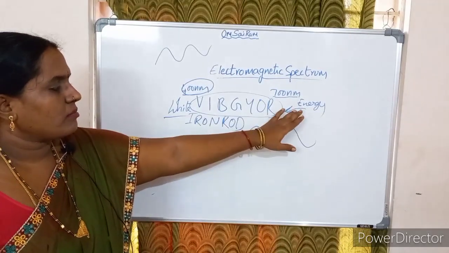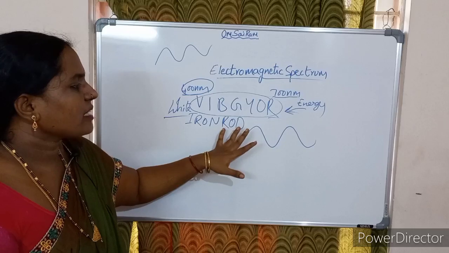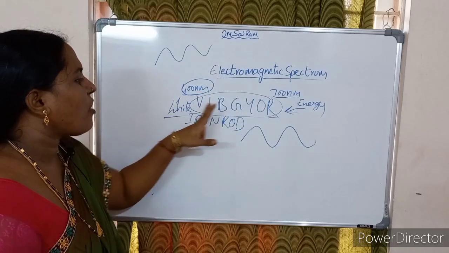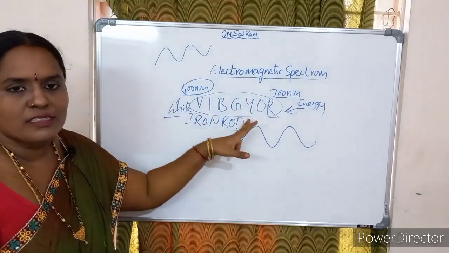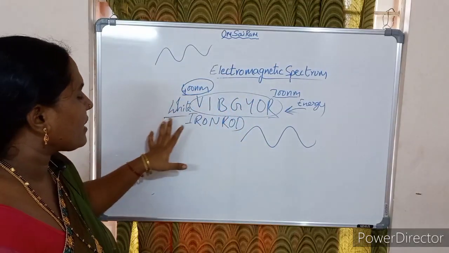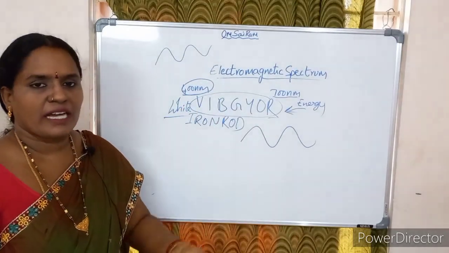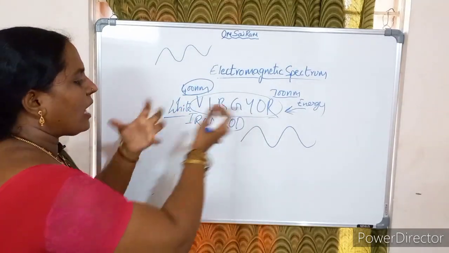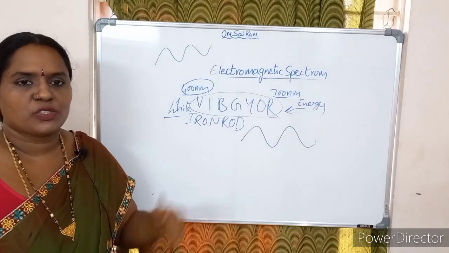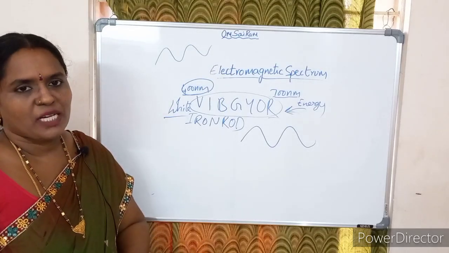So we are supplying energy to the iron rod. It is emitting the energy in the form of colors. First it turns red, next orange, yellow, green. Later it becomes white. White means it contains all the colors. The energy is sufficient to produce all the colors. So based on the energy, the emission is obtained.